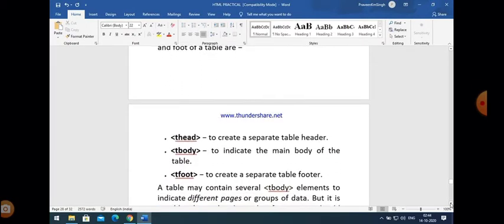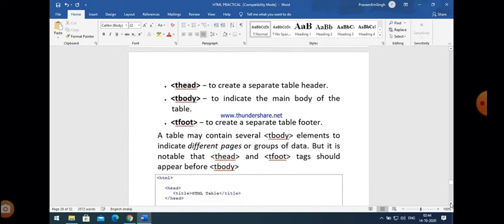So to implement table head, foot and table body, we use the thead, tbody and tfoot tags. So thead is used to create a separate table header, tbody is used to indicate the main body of the table, and tfoot is used to create a separate table footer.